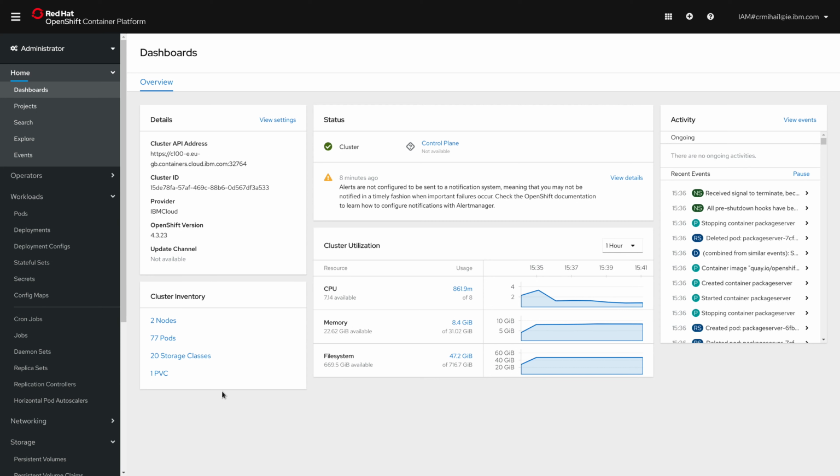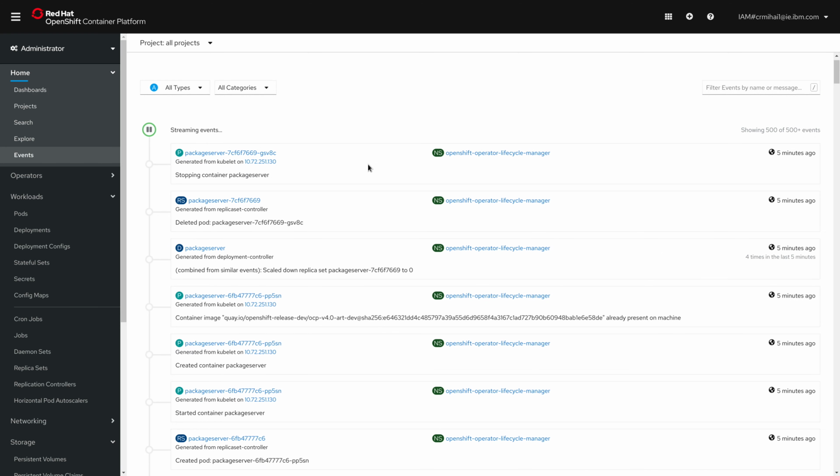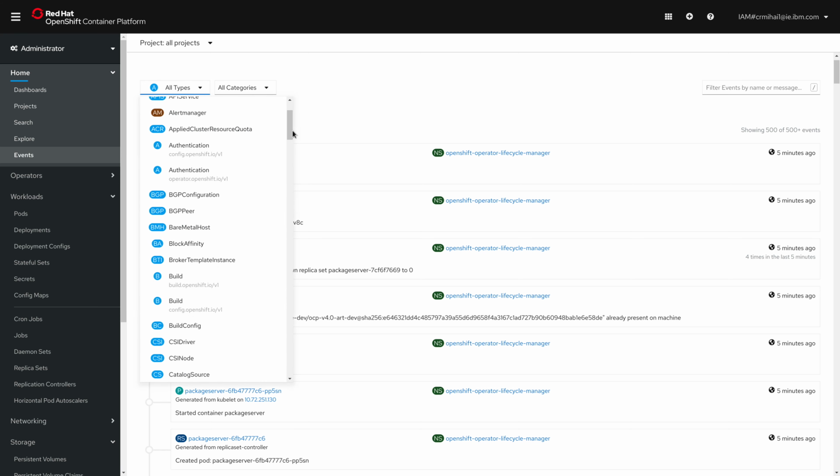So going back to the dashboard, you're also able to see the current events. So if anything is happening on your cluster, you can take a look at the activity log and think of the event streams as a time database, right? So things are coming in at specific times, and you have specific events. When you upgrade your cluster, you'll see all the events here. When you deploy an application, you'll see all the events specific to that here, and you're able to filter events